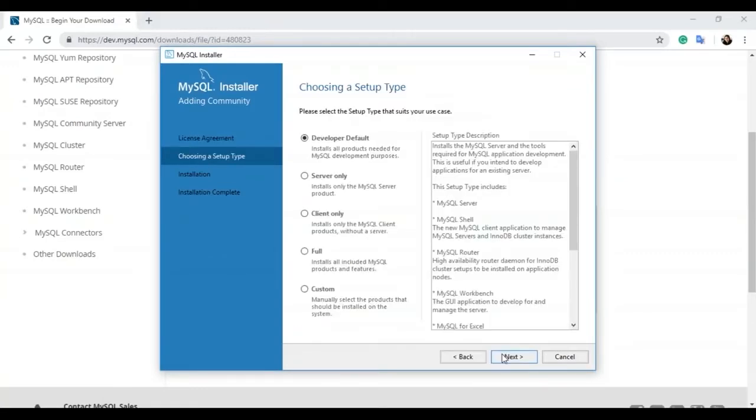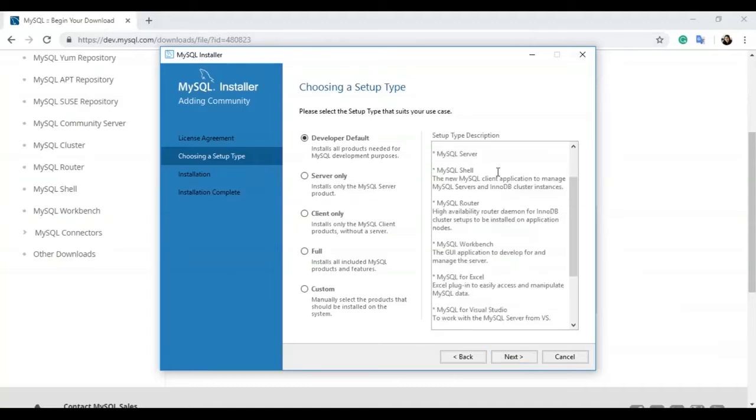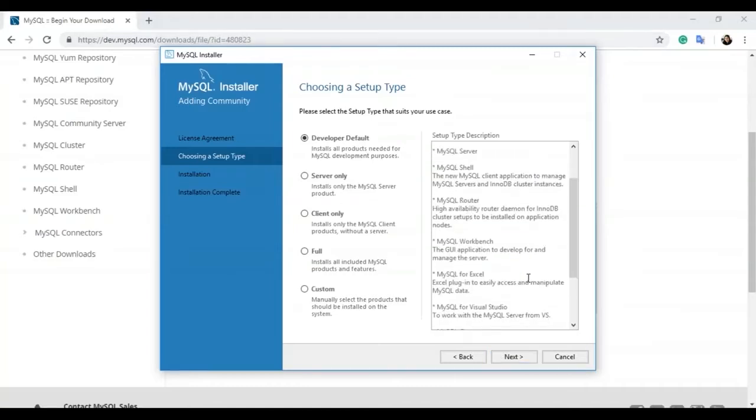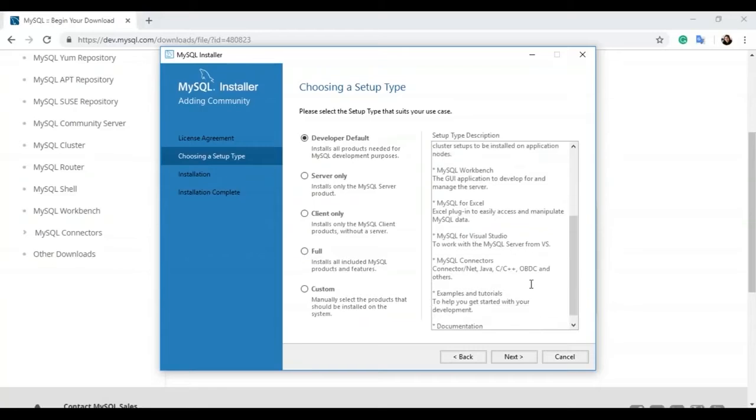Then you can see you have the options for installation. You have around 5 types of installations: developer default, server only, client only, full, and custom. Basically, it shows you the options of packages you have to download and install.